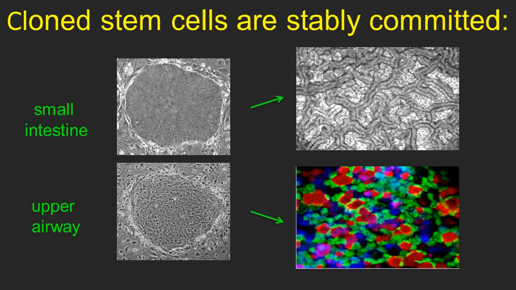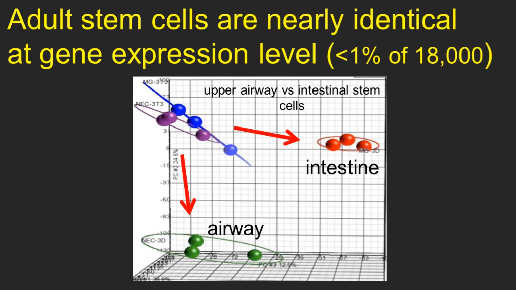And it was this kind of playing around that you realize that, in fact, these things are stably committed. You could grow small intestine or upper airway, and you can grow them in culture for months. And when you differentiate them, the small intestine forms a small intestine upon 3D differentiation, and the upper airway gives rise to an upper airway epithelium with goblet cells and ciliated cells. So they stayed committed. Surprisingly, at the gene expression level, these clones are very similar. They differ by just a small set of genes,